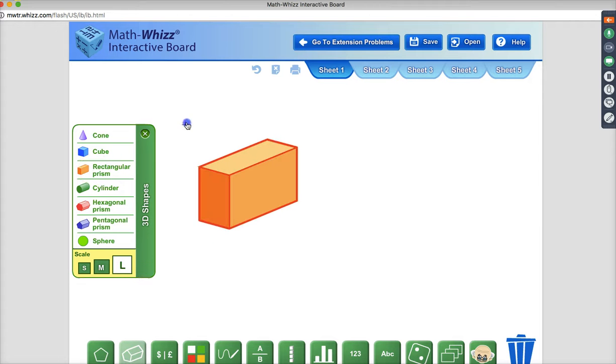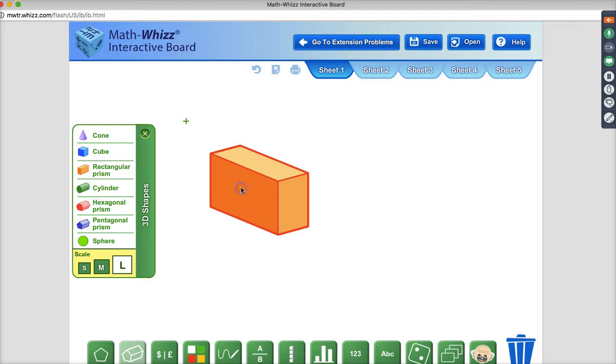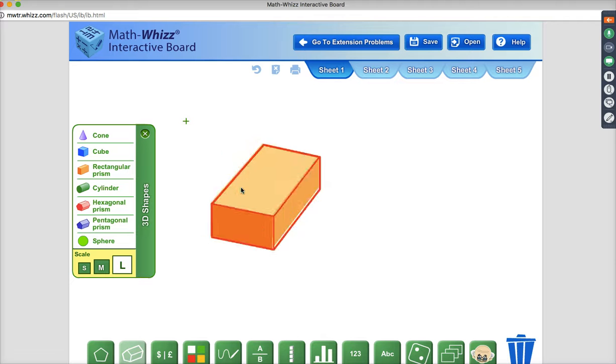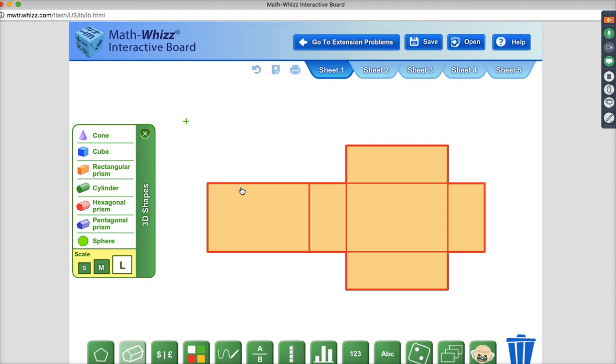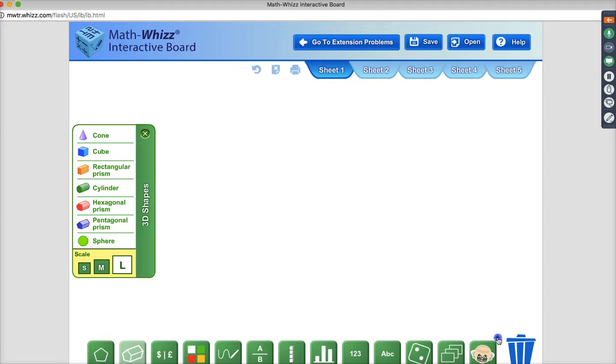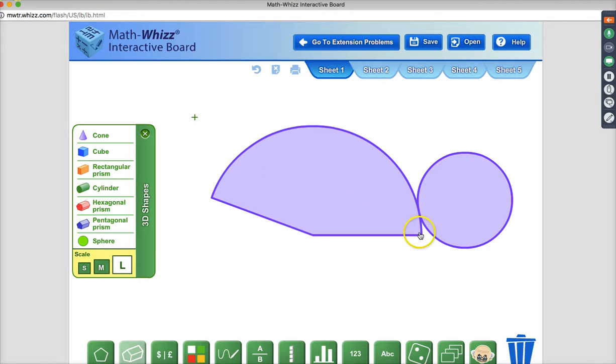And like I said, it's all interactive, so you can actually bring out a rectangle. And if you do have a smart board, the kids can come up and touch it. See all the different ways the rectangle unfolds. I really like the cone. It shows you the different views, and then the net. So you don't actually have to have the kids cutting out the net pictures and wrapping them up with paper.